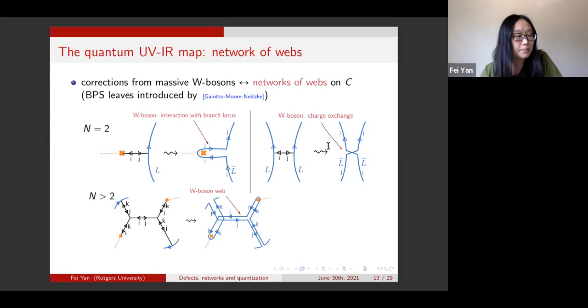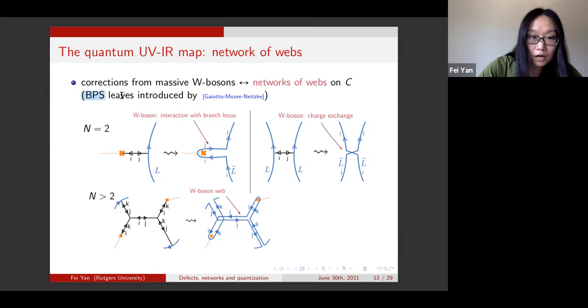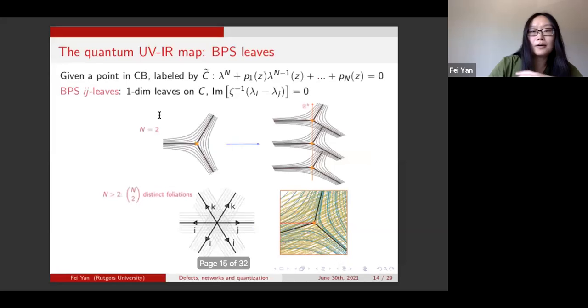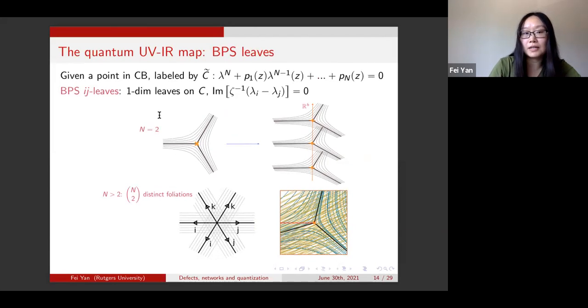However, for n bigger than 2, the story is a lot more complicated. These corrections could travel along very complicated web structures, in the sense that 3 is not equal to 2 plus 1. So it will make the algorithm a lot more complicated. So let me describe a little bit what those BPS leaves are, which you would use to find the